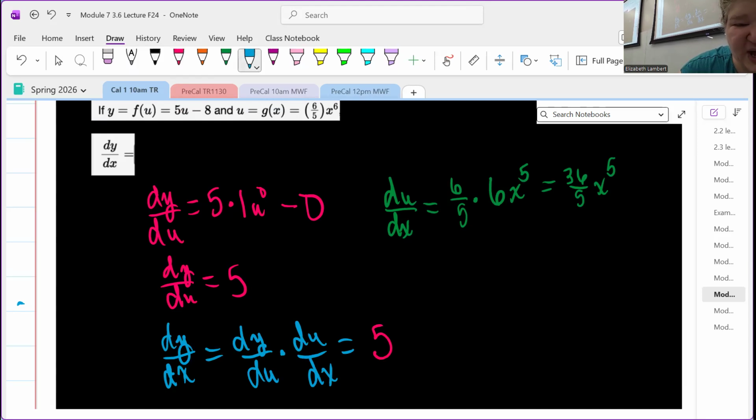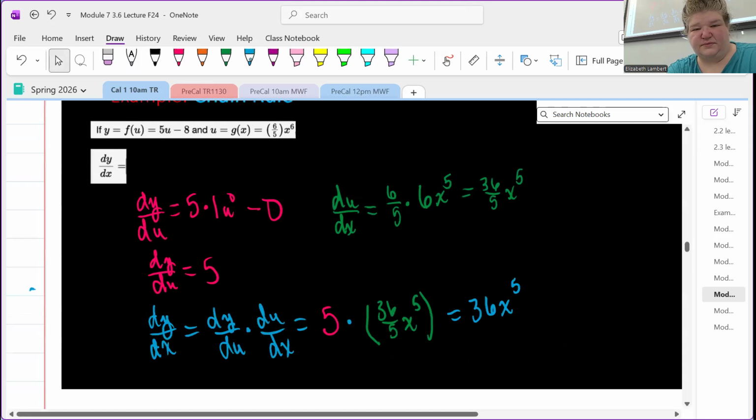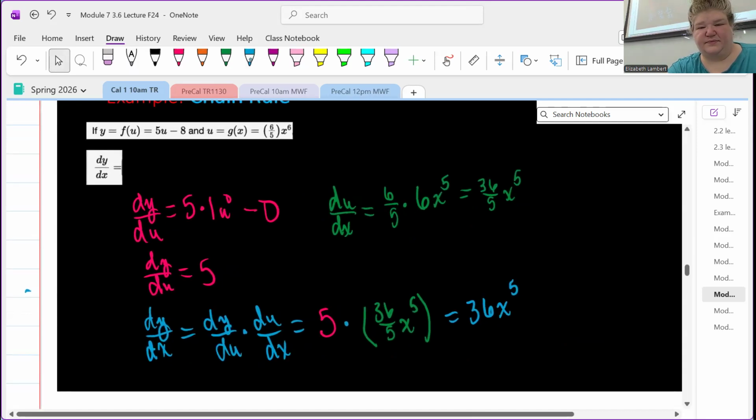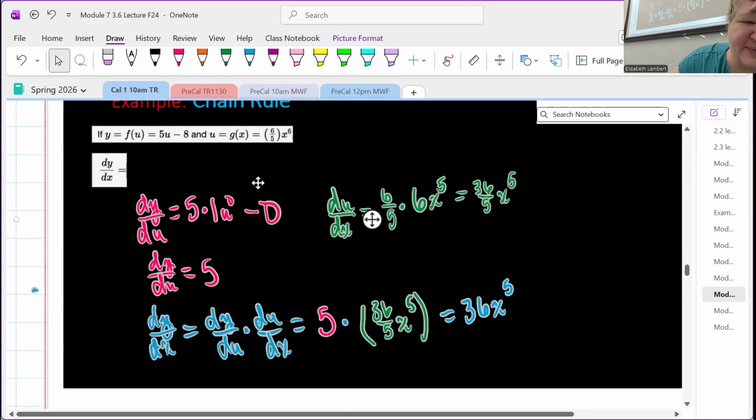So dy du is 5, and then du dx is the 36/5 x to the 5th. And then if I clean this up, the 5's cancel out. So I just end up with 36x to the 5th. Now, if I recomposed the functions at the beginning, instead of using the format they gave me,